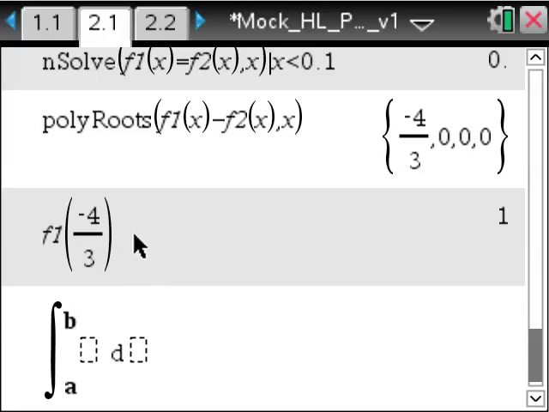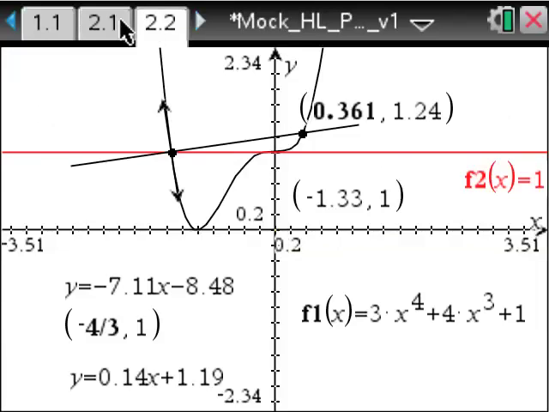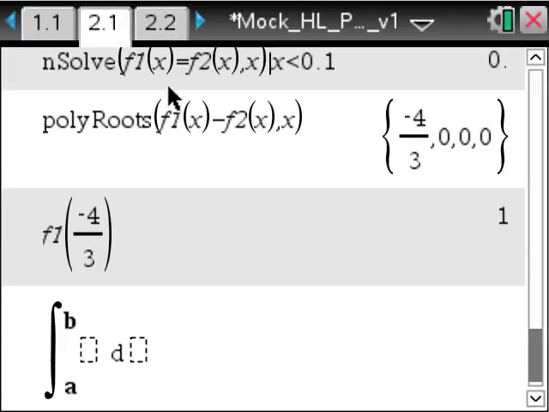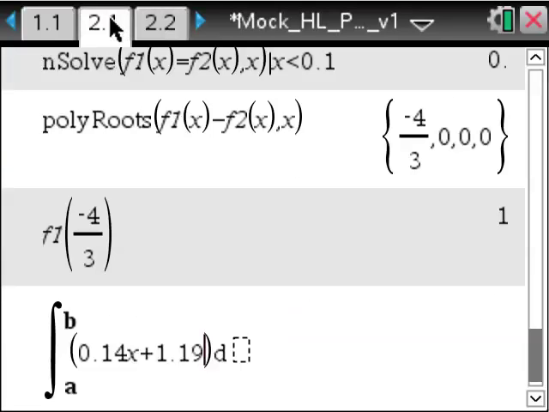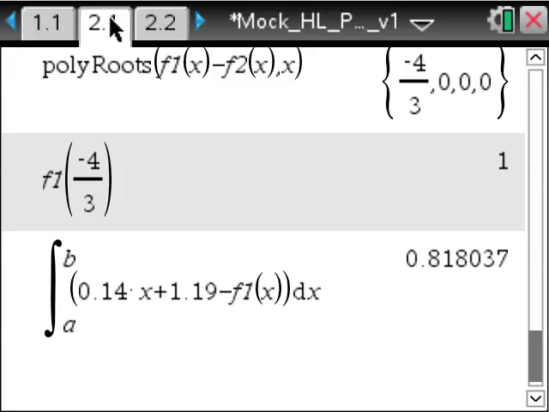Now the equation I'm going to type in there is going to be the equation of the normal, which was 0.14x plus 1.19. Let's just double check I've remembered that correctly. Yes, it is. And I'm going to subtract from that f1 of x, the original function, and tab out to be x, and the value of this area of